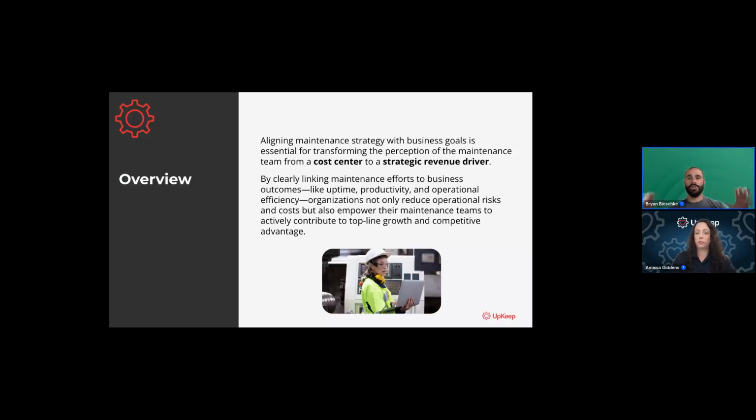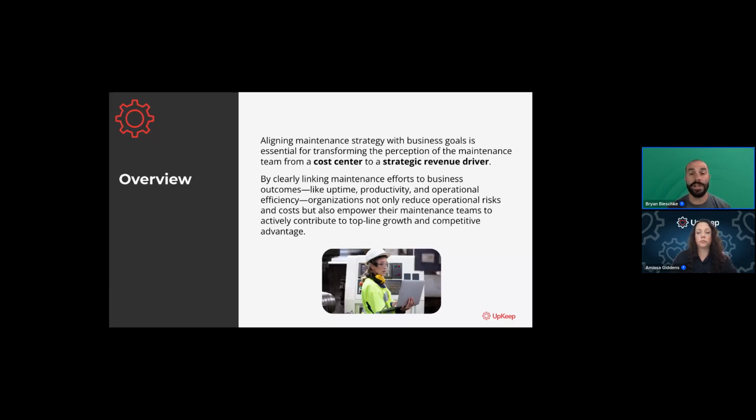Okay, so here's our overview. I'm sure all of you have heard this before: why do we spend so much money on maintenance? It's just a cost. While that is true to an extent, it can be very beneficial in creating revenue and being attached to revenue. If you have highly available, highly productive, highly utilized machines, it's likely that your output, your potential for sales and revenue, and customer satisfaction will be higher. Therefore, you can generate more revenue. So that's the logic there.